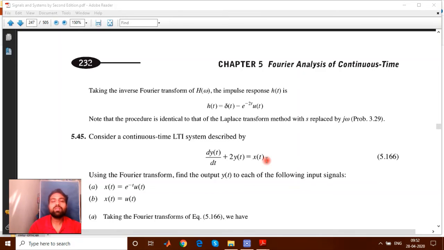So what is the target? First of all, we should understand what the differential term is to be represented here, and then all the terms have to be converted first into the frequency domain. In the Fourier transform, the frequency domain term is called the j omega term. In the Laplace case that was the s term. So y(t) has Y(s) in Laplace, and in Fourier transform this y(t) has Y(j omega). So we have y(t) as Y(j omega), x(t) as X(j omega). So what is basically dy(t)? It means y dash t in terms of omega.